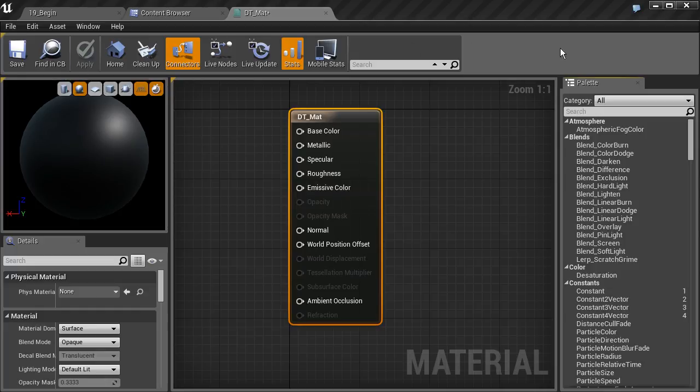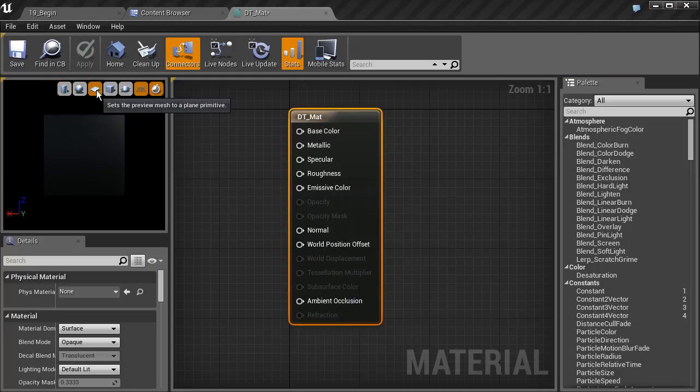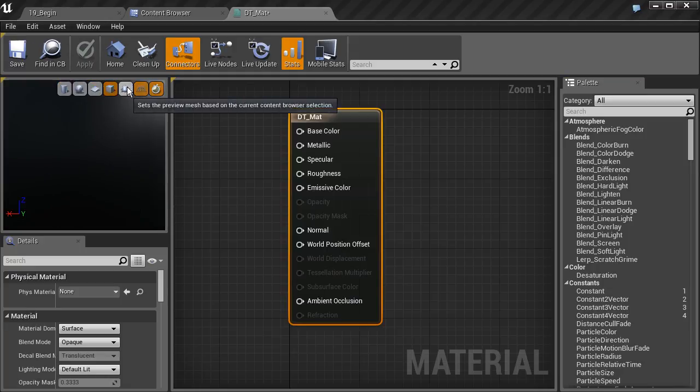So that's the toolbar. We have the viewport here on the left side, and the viewport will give us a preview of our material once we start putting inputs into our final output here. And in the viewport, we can change the shape of the previewed mesh. In this case, it's going to be a sphere by default, but we can change it to something like a cylinder, a plane, a cube, or we could even change it to a static mesh that we have in